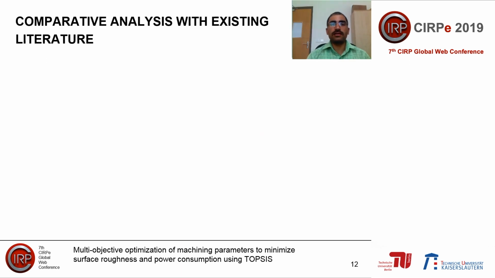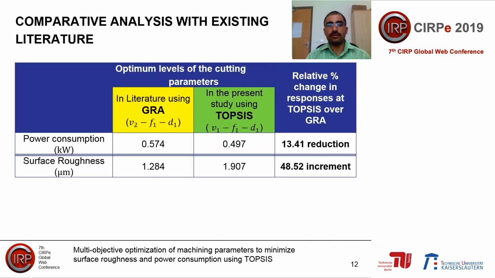Here we represent the comparative analysis with the existing literature. Previously, on the same experimental data, the GRA, Grey Relational Analysis, multi-optimization technique had been applied, and they got the optimal cutting levels of V2, F1, and D1, meaning level 2 of the cutting speed, and level 1 for the feed and depth of cut. But in the present case, using TOPSIS, we got different optimal cutting parameters. So we have to just compare the